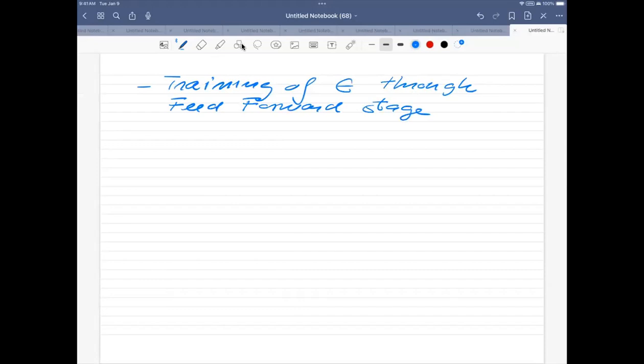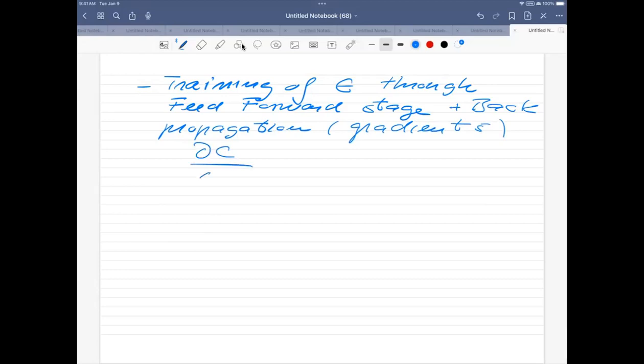This feed forward stage is accompanied by a back propagation stage. And in this specific case, the back propagation is nothing but a way to find the gradients. So the back propagation part gives us the gradients, which we then use to determine the parameters. That means that what we need at the end is the derivative of this cost function with respect to the unknown parameters. And through this training, where each feed-forward stage and back propagation stage defines one iteration, we update